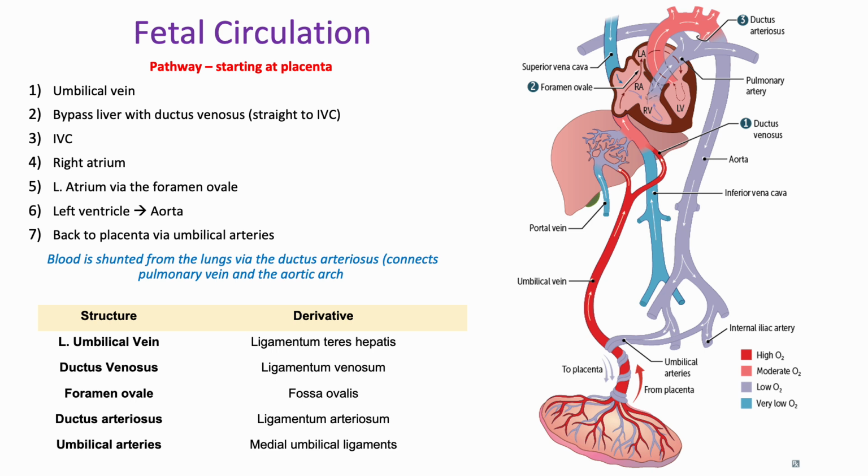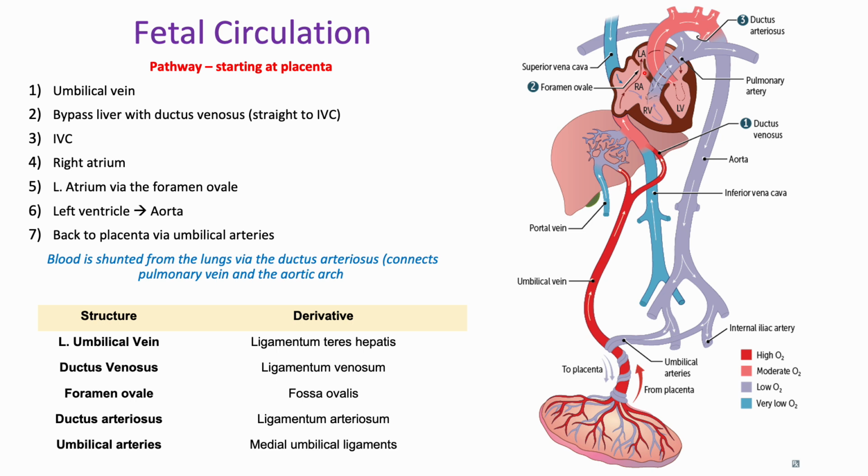Okay, so fetal circulation is very, very important in order to understand the actual clinical correlations at the end of this video. So we're going to spend a little bit of time here. So fetal circulation pathway, this is once we've started to develop the heart in its entirety. So we have the right atrium, right ventricle, left atrium, left ventricle. Now, at this time, remember that the foramen ovale is still open. So we're allowing blood to flow from the right atrium to the left atrium through that foramen ovale. The foramen ovale does not close until you're born and the pressures from the left side of the heart increase,